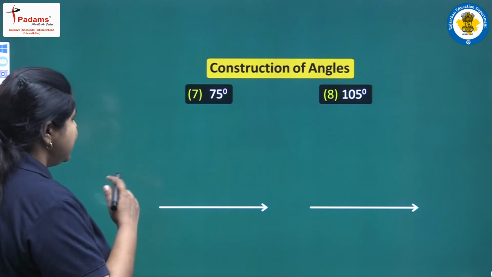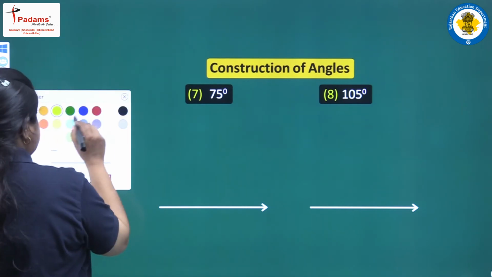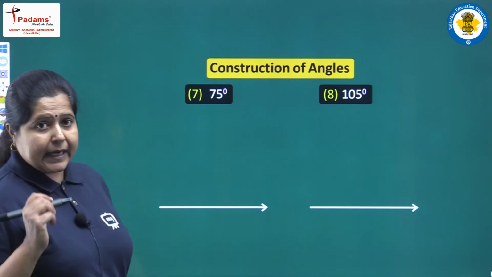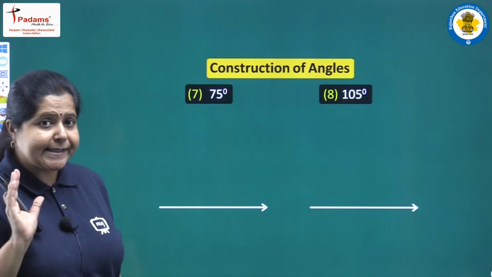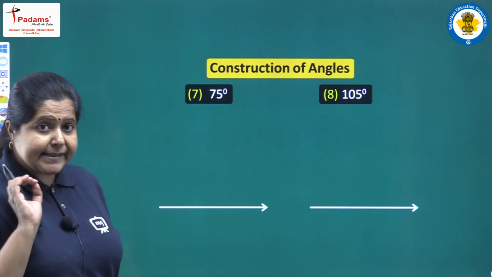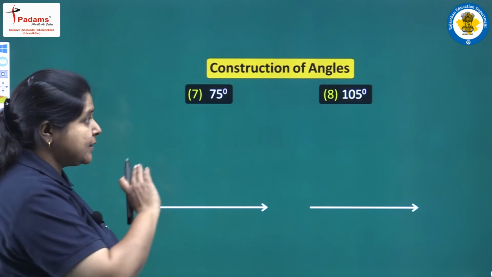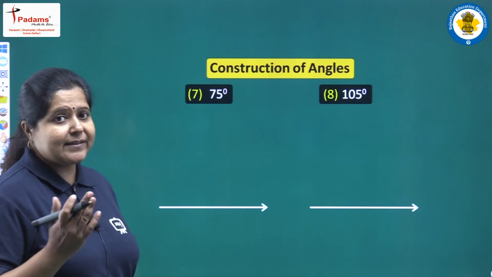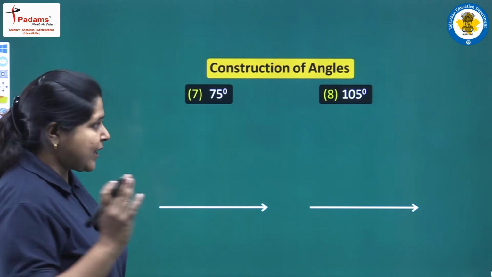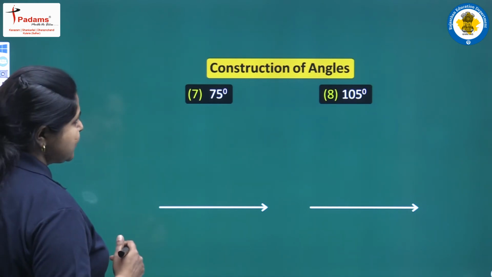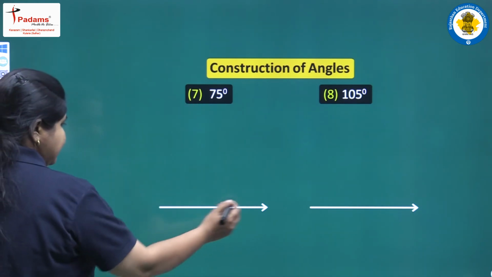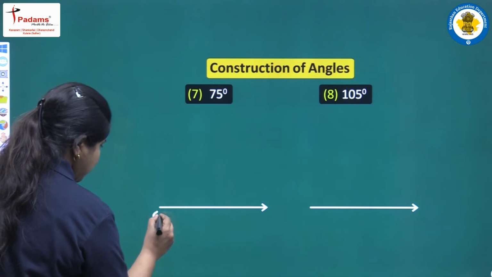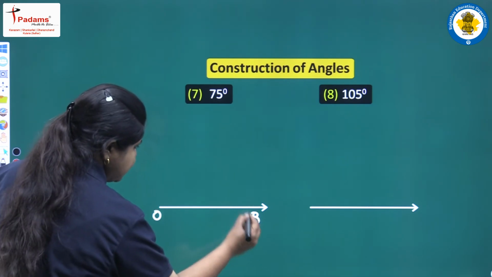Next we have an angle of 75 degree and then 105. Again these two angles are somewhat similar, but still there is a big difference between the two. Their sizes, their measure, they are different, and just try to understand what is being told here. We have this ray. Let me name it as point O and this one as point B.